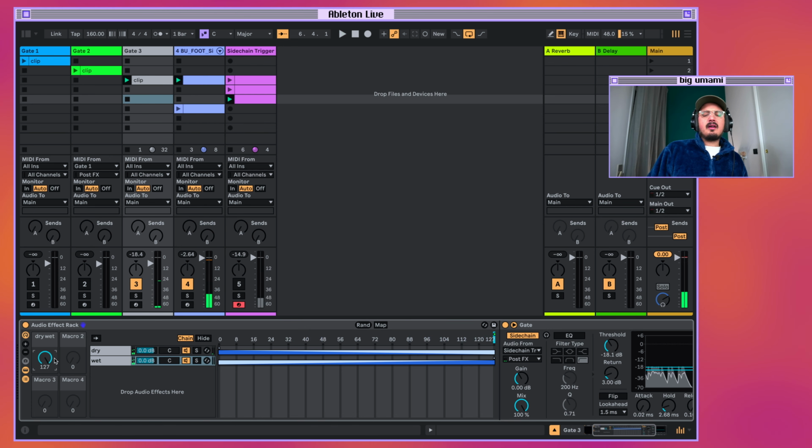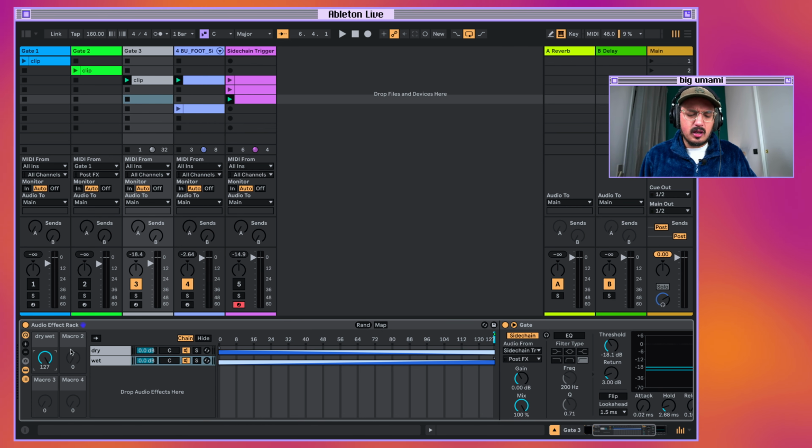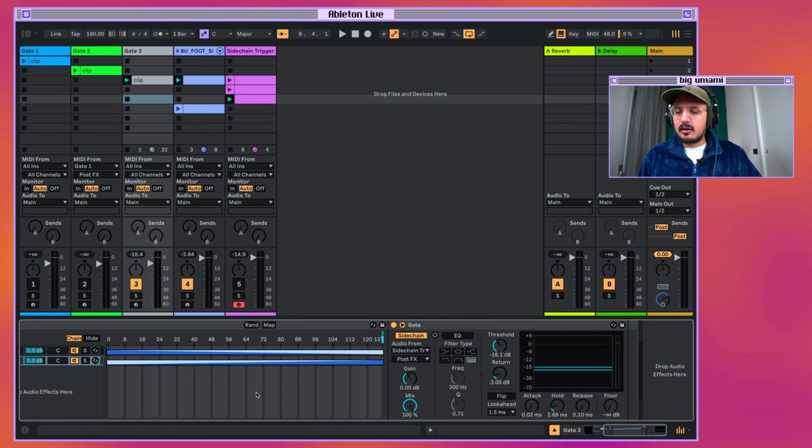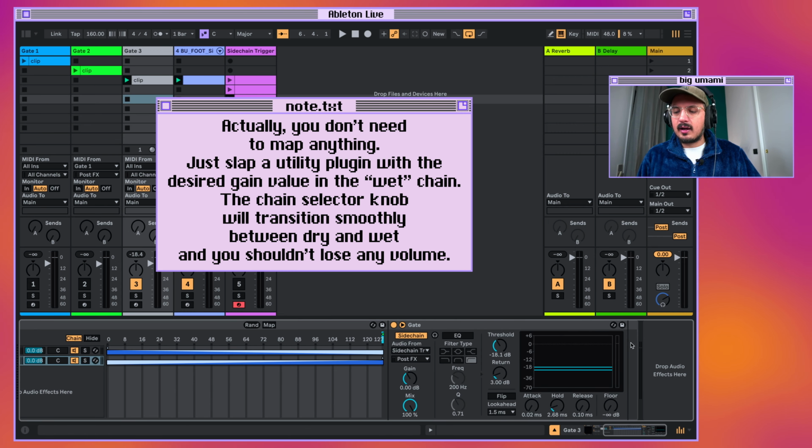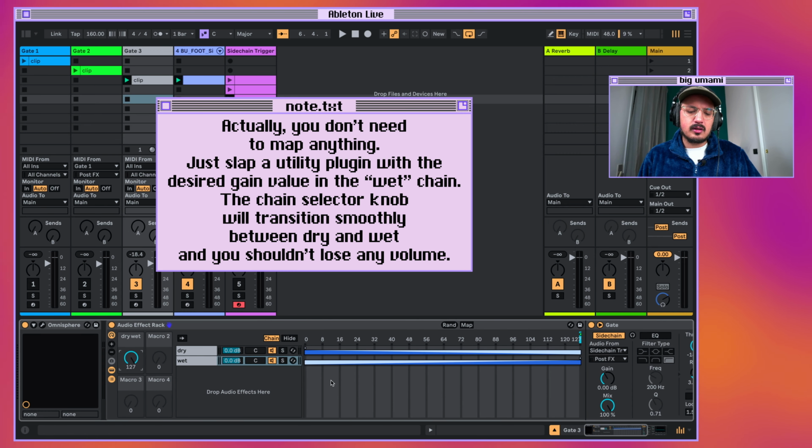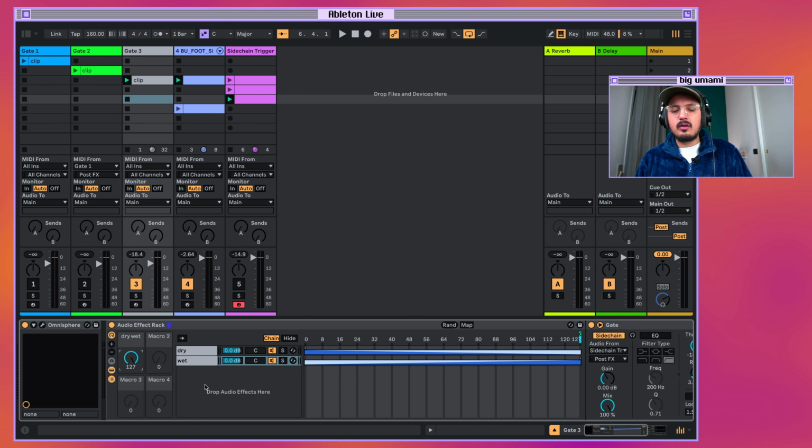So one thing that I kind of found is that unlike the trance gate, you don't lose that much volume here, but once again, if you want to get up some more volume, you could just map this particular knob to utility right after this with the gain turned on. That said, you also kind of lack the ability to play this in stereo, and in order to make this work, we need to grab this wet channel,